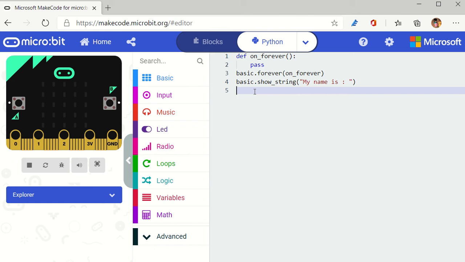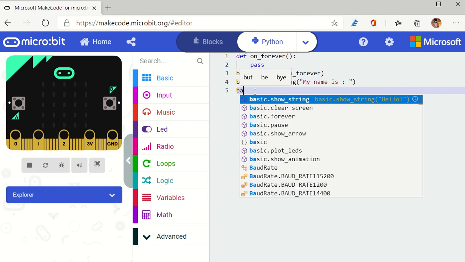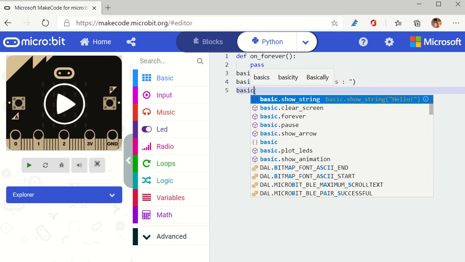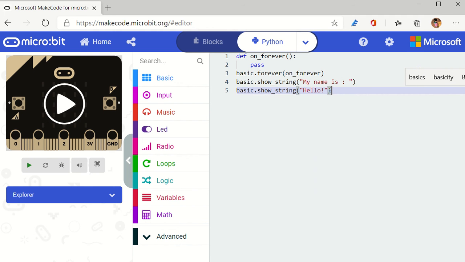So let's now type in the next command. The next command that we have to do today is that we need to type in the name altogether. So again, I have to click on show string only. We will go about that, because I need the string to be shown over here. So I would be selecting this command for Python as a language.